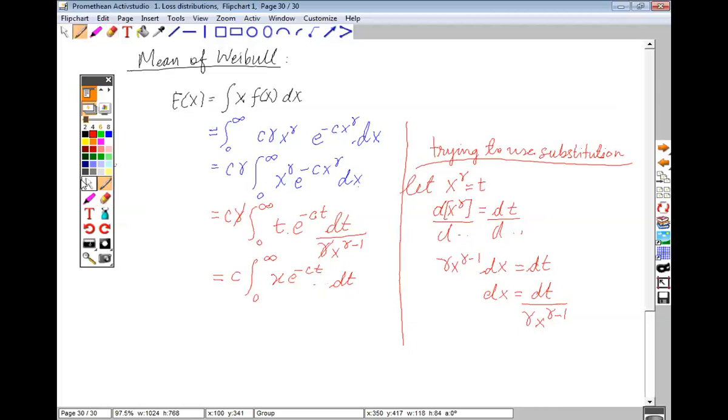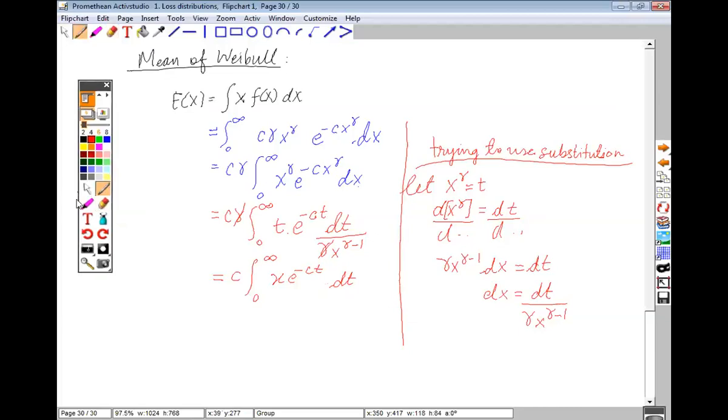Now what can I do? Can I take this x outside because I'm differentiating with respect to t? And is my x constant when I change my value of t? That was the same thing that I was going to ask. Okay. So what do you think I should be doing now?